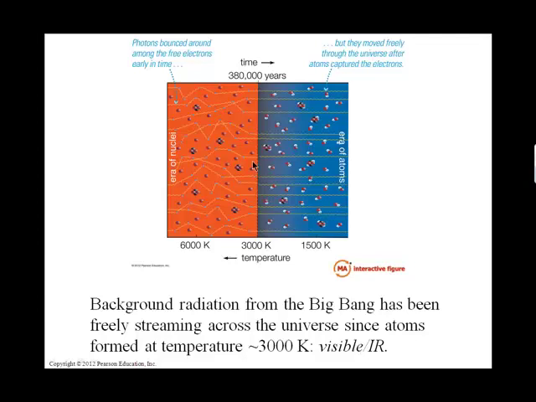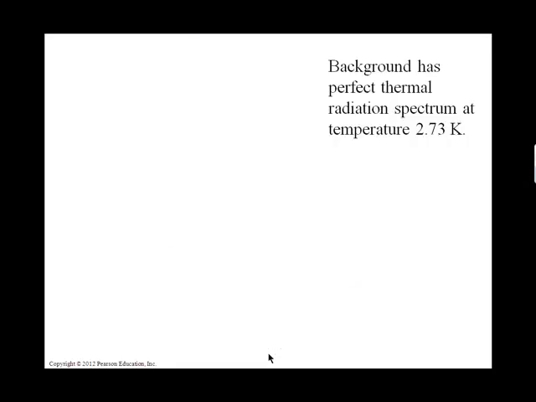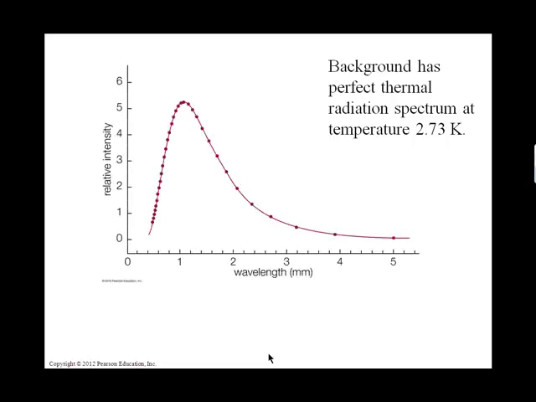So at this particular juncture, the temperature was about 3,000 Kelvin. Remember we said that temperature will translate to a certain wavelength of energy, and that corresponds to peaking in the visible or infrared region of the electromagnetic spectrum. Well,